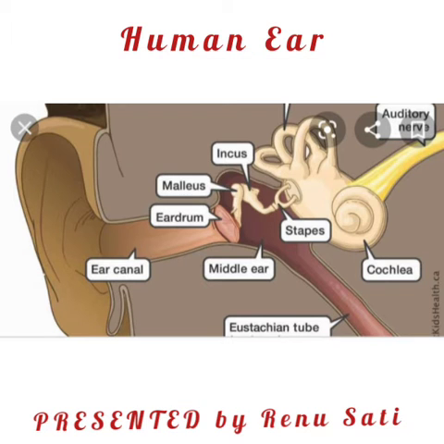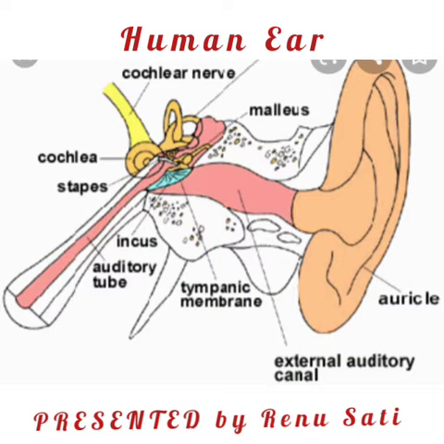The middle ear consists of three ossicles called malleus, incus, and stapes, which are attached to one another in a chain-like fashion. The malleus is attached to the tympanic membrane and the stapes is attached to the oval window of the cochlea. The ear ossicles increase the efficiency of transmission of sound waves to the inner ear. A eustachian tube connects the middle ear cavity with the pharynx. The eustachian tube helps in equalizing the pressure on either side of the eardrum.